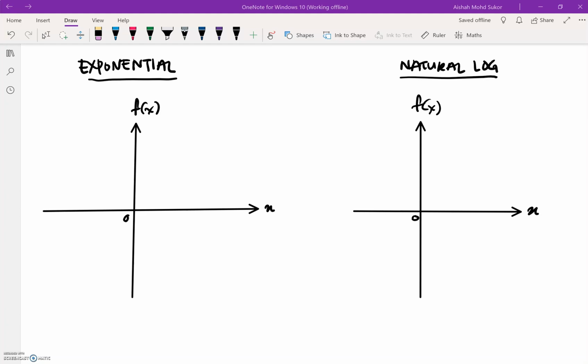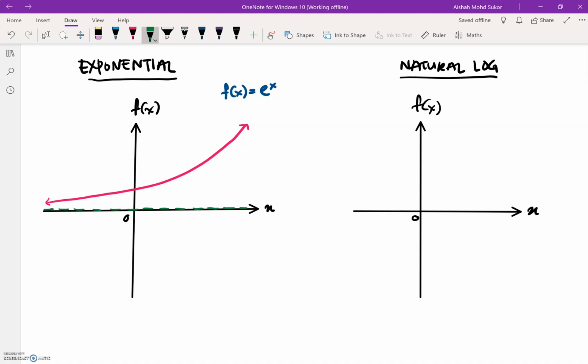Now we are going to look at exponential and natural log graphs. So for exponential, say that we have a function of e^x. This is the basic shape of f(x) equal to e^x. As x tends to infinity, f(x) will go to infinity, and as x tends to negative infinity, f(x) will tend to 0. Because of that, there will be a horizontal asymptote at